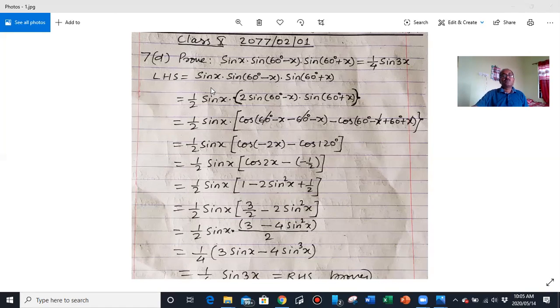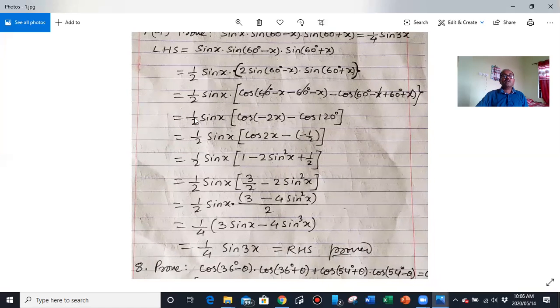So let us start with LHS: sin x into, so you can see here, now multiply 1 by 2 and 2 in this manner. Multiply 1 by 2 into 2 in the left side. Are you watching carefully? Yes, sir. Now next line, this part is the same. Now this bracket of angle, consider A, this as B. 2 sin A sin B.